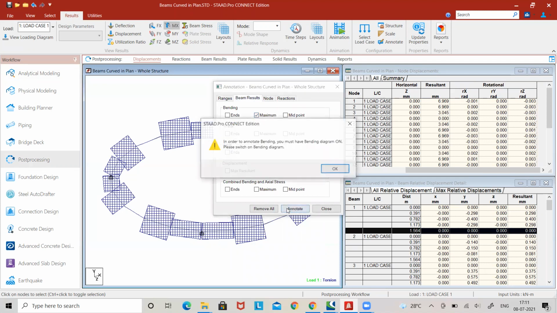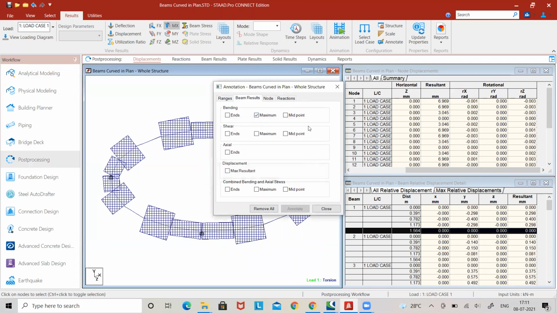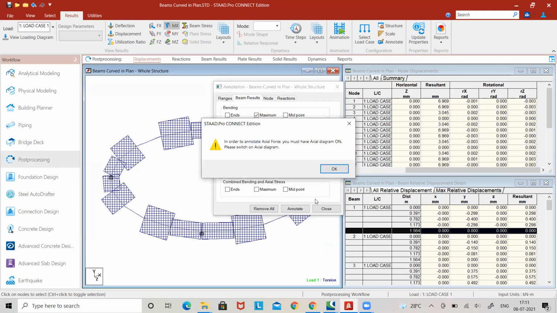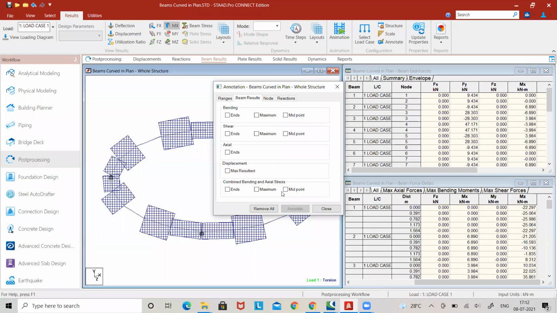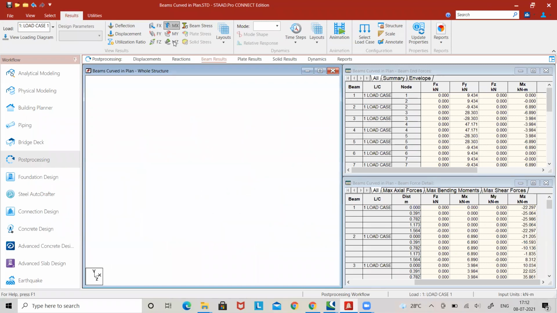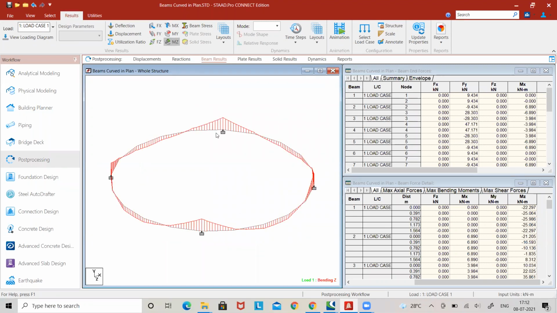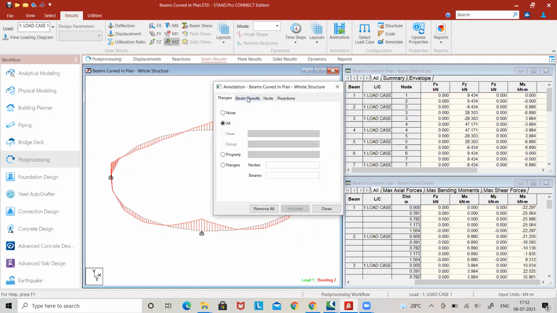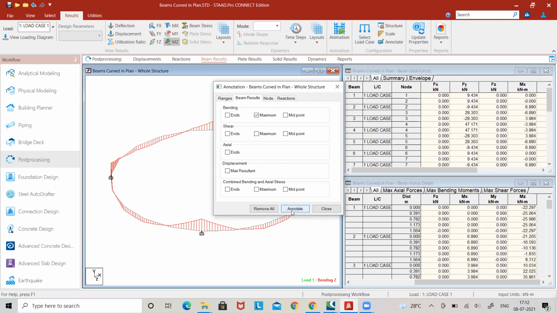You can go for maximum. First we will see the bending values in the z direction. So let us see the mz values. We will go to annotate beam results. We'll see the maximum.